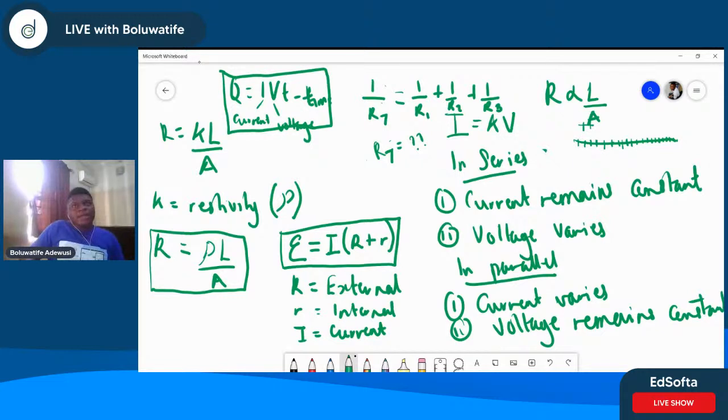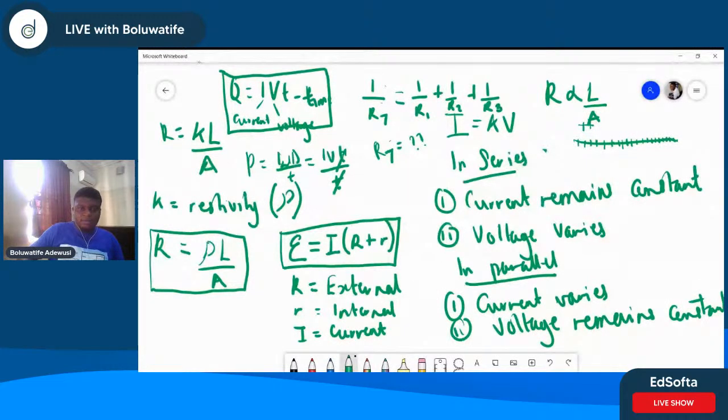Now power is the rate at which work is done. The word rate always means over time. So same as saying power is equal to work done over time taken. So what we'll have here is IVT over T. So when T cancels out, you have P equals